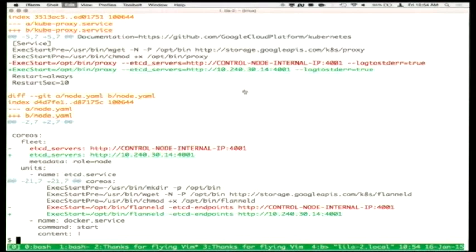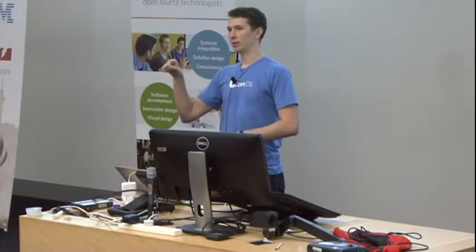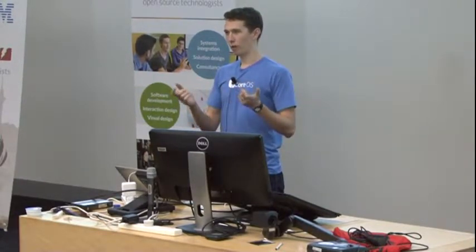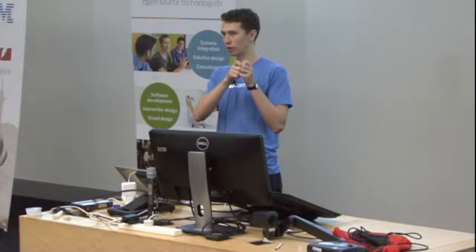All right, so what Flannel does is it creates a UDP encapsulated overlay network that you can run fairly inexpensively on VMs. So the problem that we're solving is that a lot of people have infrastructure where each host has a single IP, but our opinion and the opinion of projects like Kubernetes is that it's really convenient if each container, each application that's running in your infrastructure, has its own unique IP